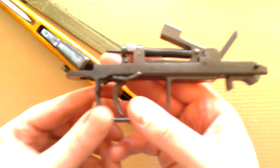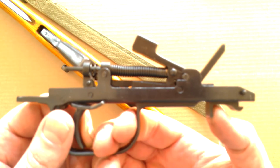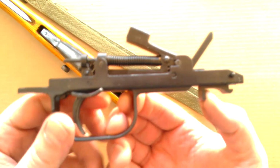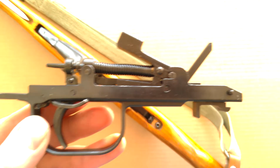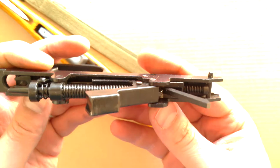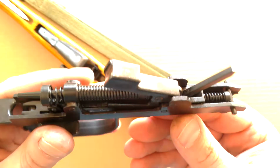These are fairly difficult at times to work with. Some of these pins just do not want to come out. Some of them tend to bend. They just get stuck. I busted, actually, I have another SKS, a regular full Chinese one. I busted